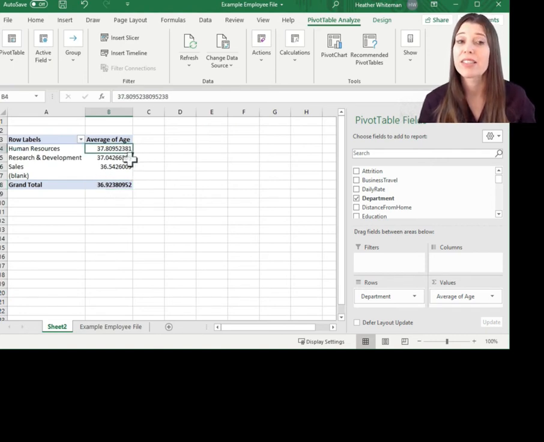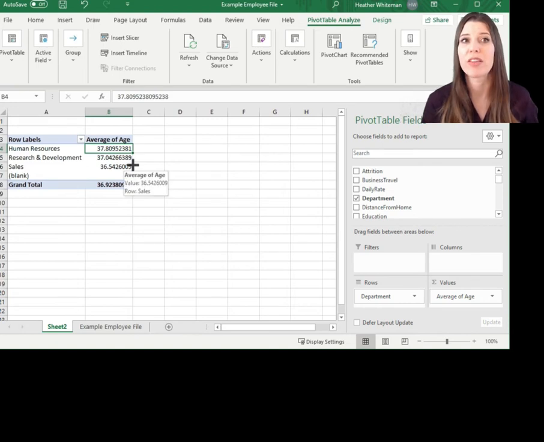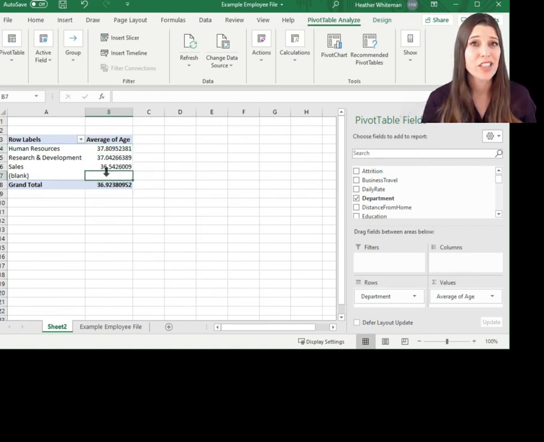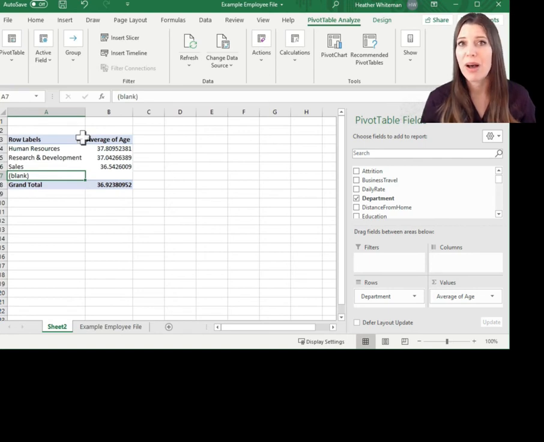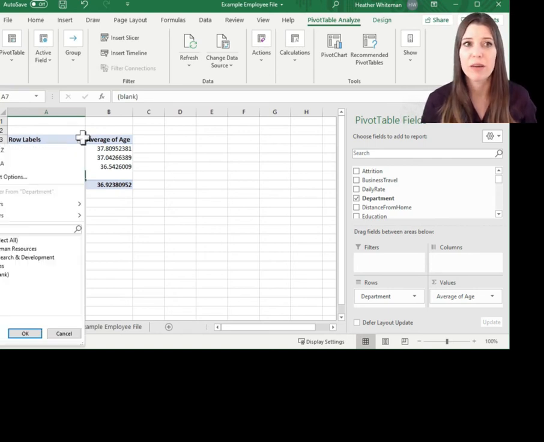And there's that 37.8 for the average age of everyone in HR. And now you can compare the 3 organizations to each other. And they're all fairly close in terms of the numbers, but slight differences. And you'll see that blank one has no information here because that was probably just an extra row. If you wanted to clean it up, or let's just say we only cared about HR and research and development,